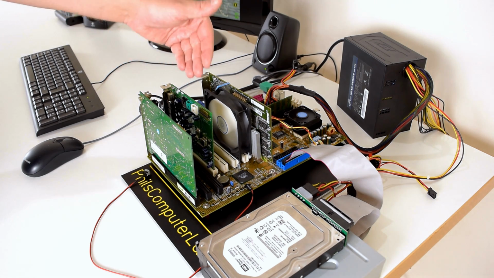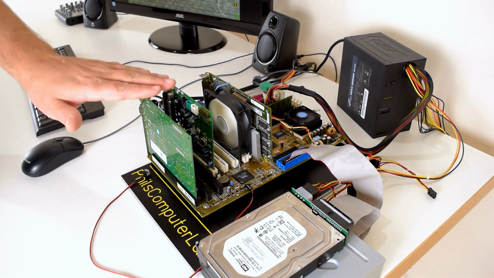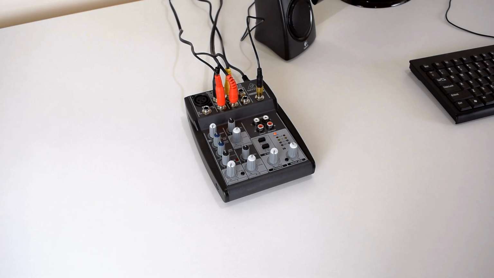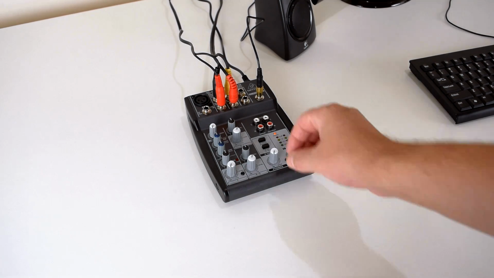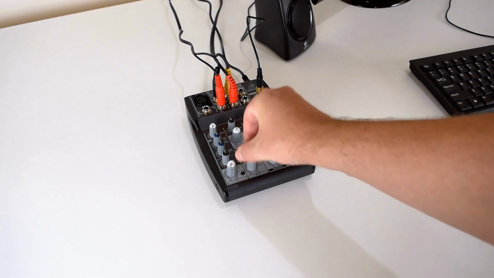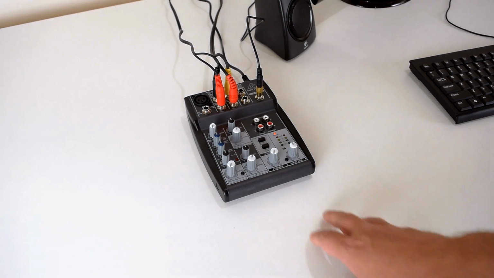We've got the Aureal Vortex 2 and the Sound Blaster AW64. Because I'm using two sound cards, I'm using an external mixer to mix the AW64 and the Aureal Vortex 2. You can just configure the volumes by turning these dials. Very convenient, and they don't cost too much, and I definitely recommend getting one of these if you're running multiple